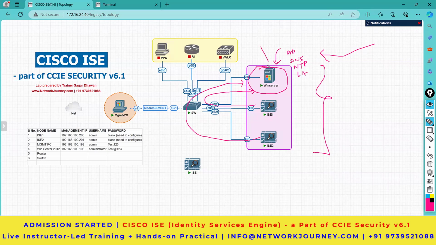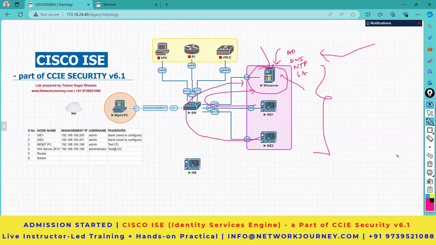So let's say I'm going with AD and DNS, so I'll be taking the whole 1 or 2 hours in the session, and after my session is done, you will be doing it on your side. So you will be receiving a blank topology with the devices plugged in. You will spin it up, you will do the management configuration,